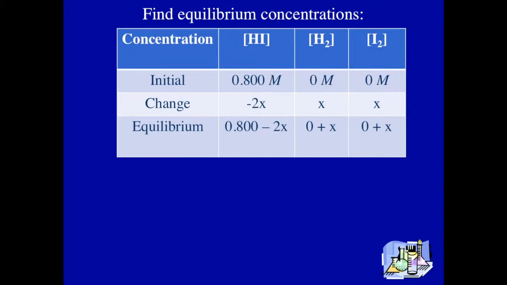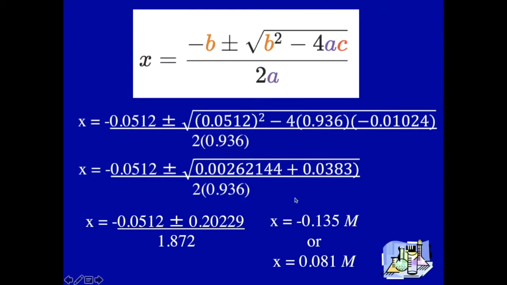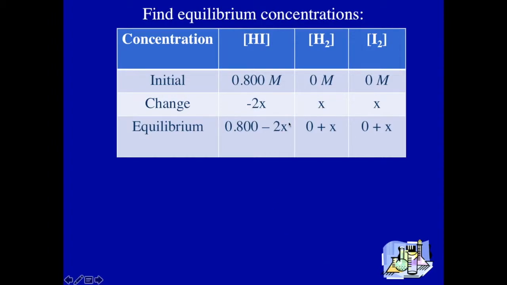You can't have negative atoms, negative molecules. Doesn't happen. There's no way of expressing that in this particular expression. So only one of these is valid, which is the positive number. So yes, if it's a positive number, then my hydrogen iodide concentration goes down. My hydrogen and my iodine concentrations go up. So 0.800 minus 2 times x, and x was 0.081,